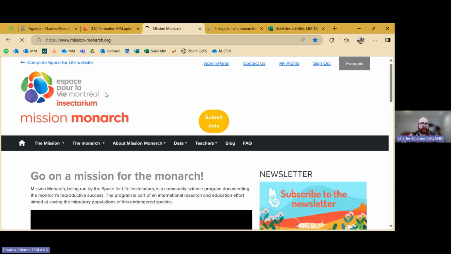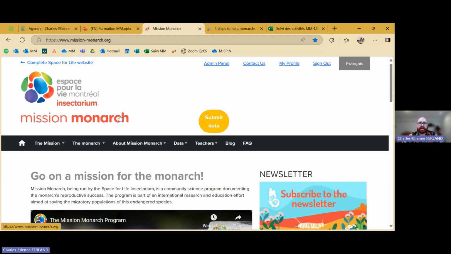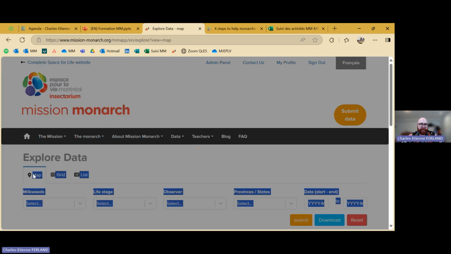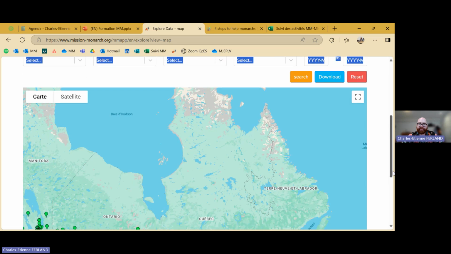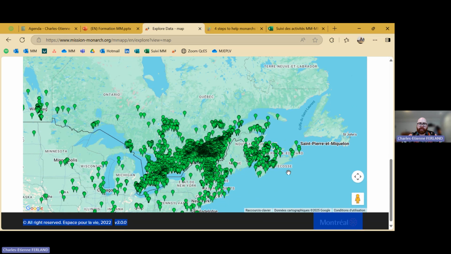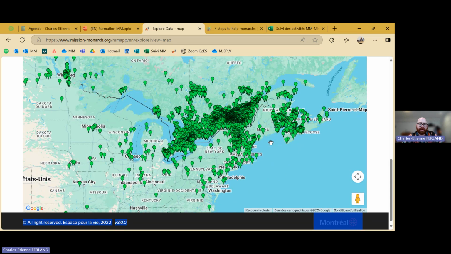When you go to the website, you don't even need to log into or create an account to view the data. You go in the data tab here, explore data, map. And then you have access to the map, which by default, when you arrive, shows all years, all 9 years